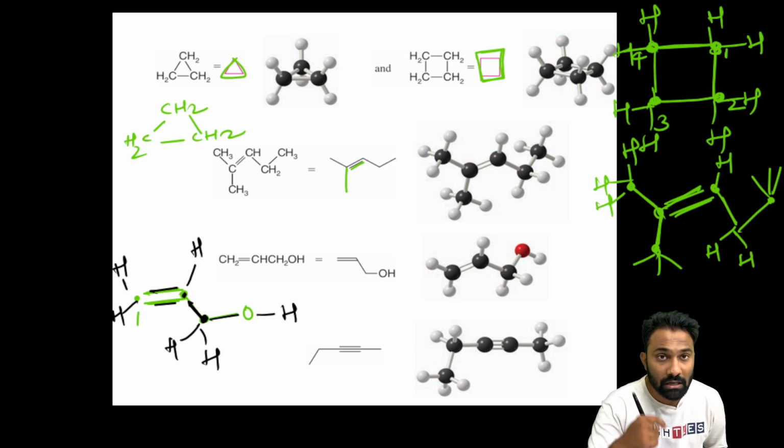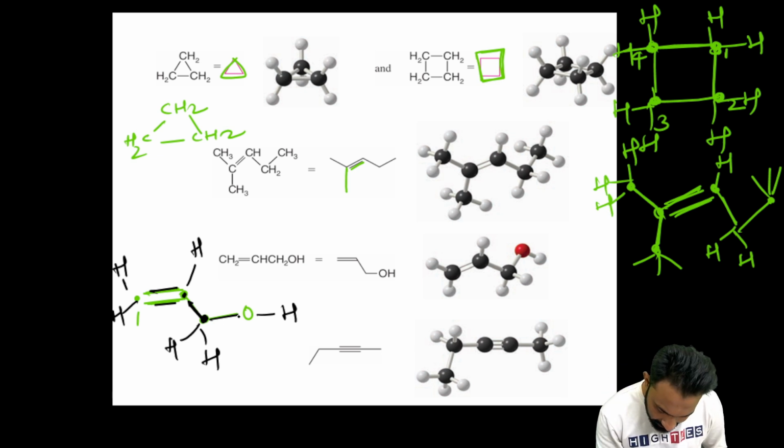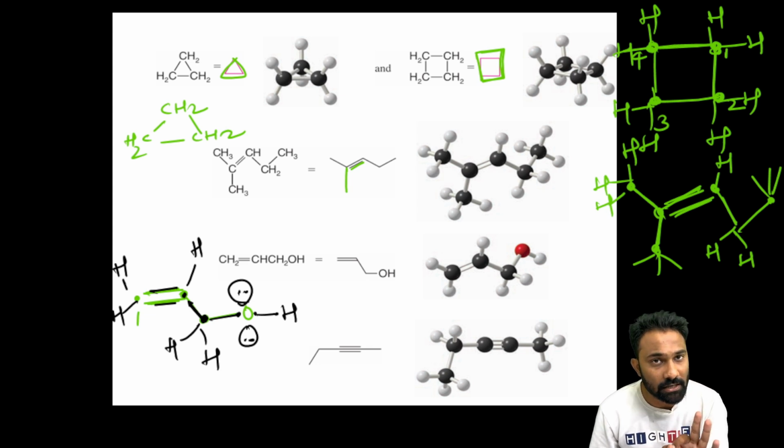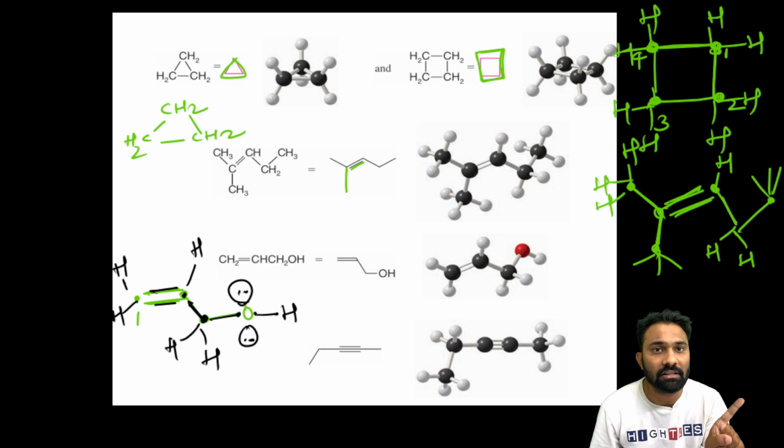Clear? Now oxygen, to complete its octet, how many electrons should it have in its shell? 8 valence electrons it should have. Clear? Already it is 1 here, here 2, here 3, here 4. And the remaining 4 electrons will be which one? Lone pair of electrons. This lone pair of electrons also will play a very crucial role. In the questions, they will never give you the lone pair of electrons on the oxygen. Oxygen contains 2 lone pairs of electrons, and they will never give you